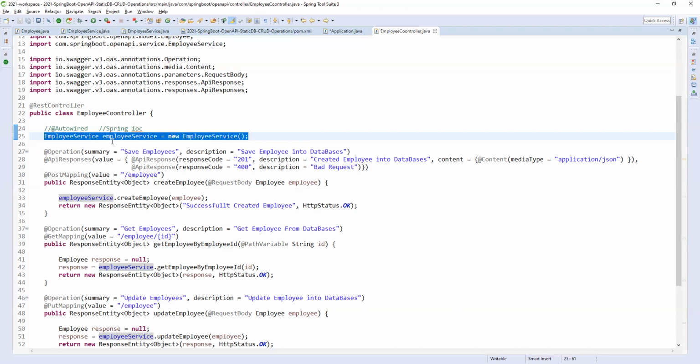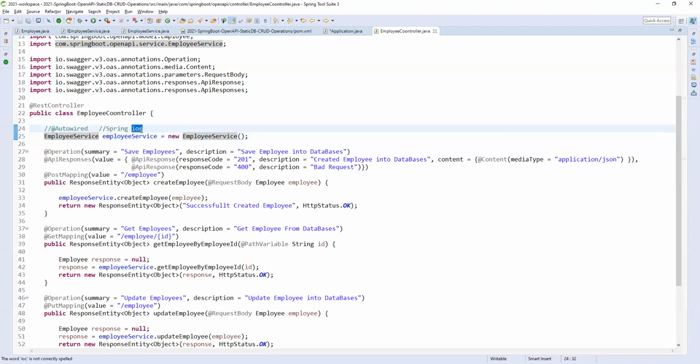Now I don't want to take the control of this employee service. I want to give this control to the Spring container or Spring framework, which means I have given my control to the Spring framework, so the creation of the object is totally inverted now. My control is going to Spring's hand, so that is the reason we call it inversion of control.